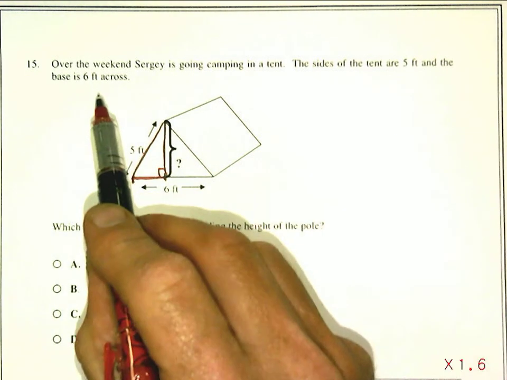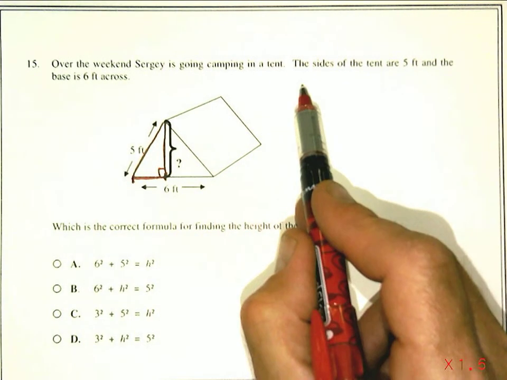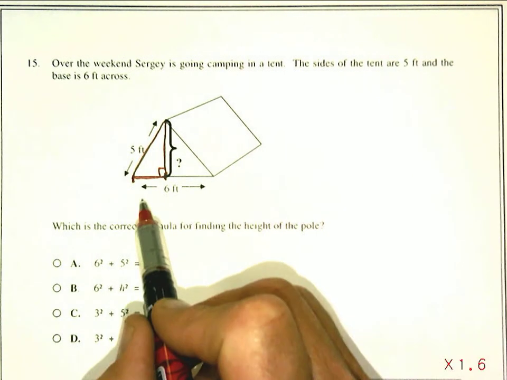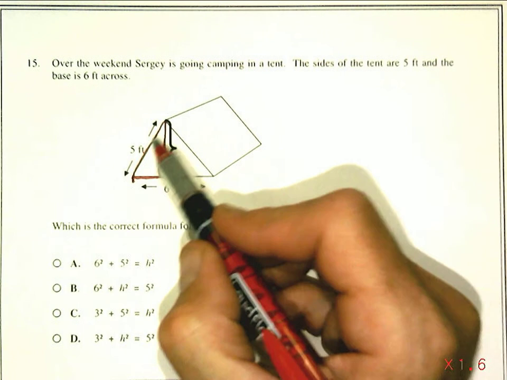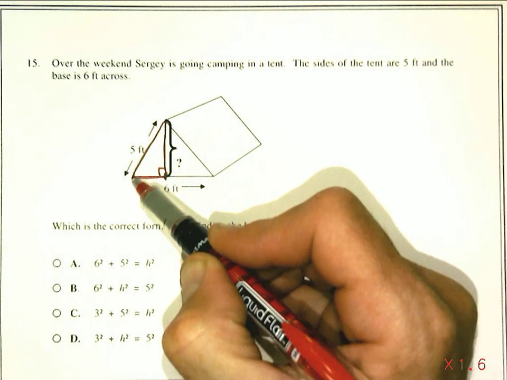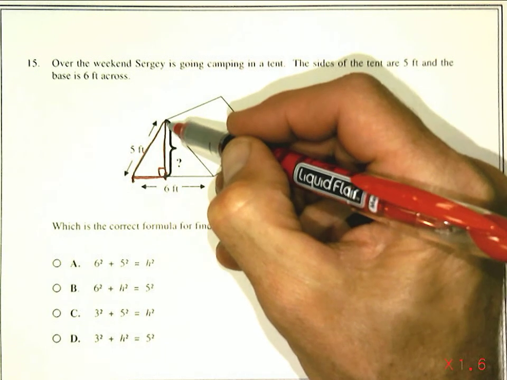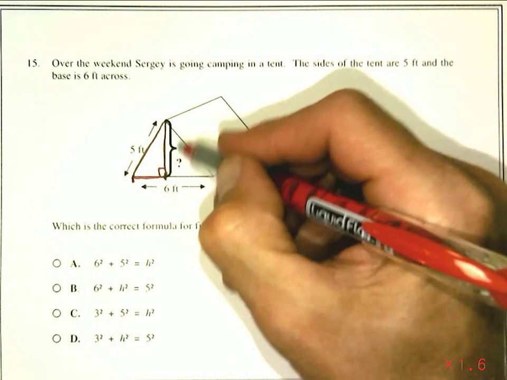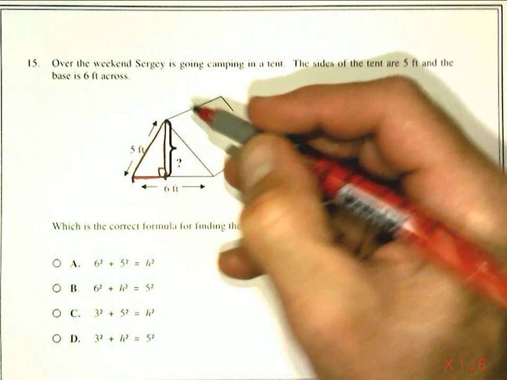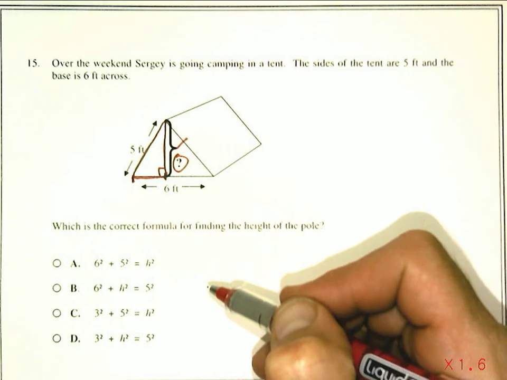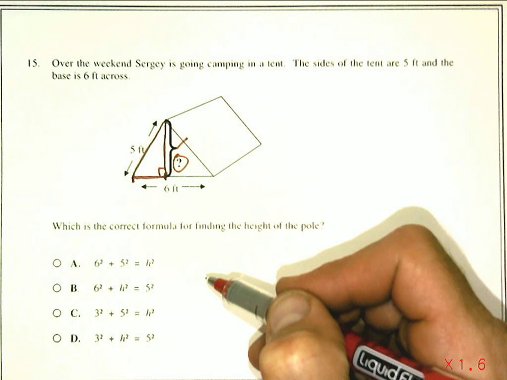And it says, over the weekend, Sergey is going camping in a tent. The sides of the tent are 5 feet, and the base is 6 feet across. So we have in this case the hypotenuse of this triangle. This is the long side, and then we have a leg, and we have another leg. And the question is, what's the length of this leg,